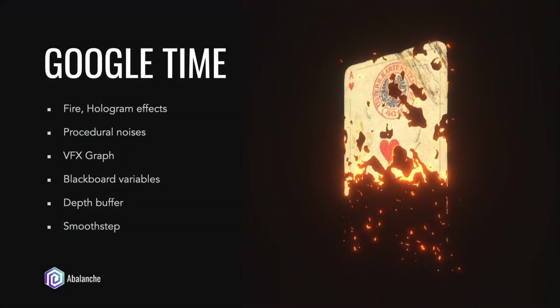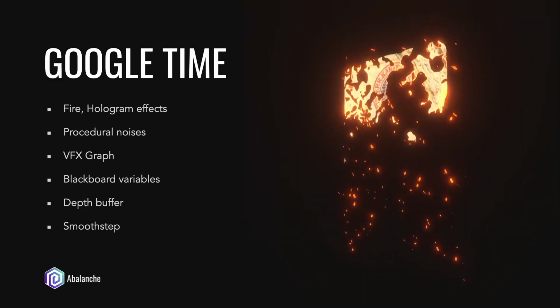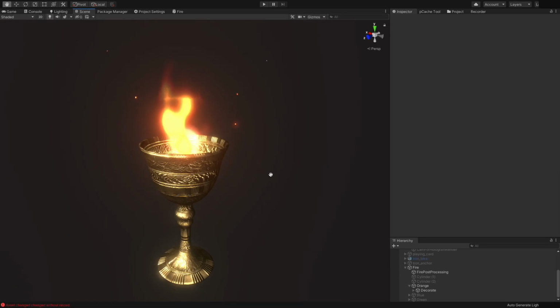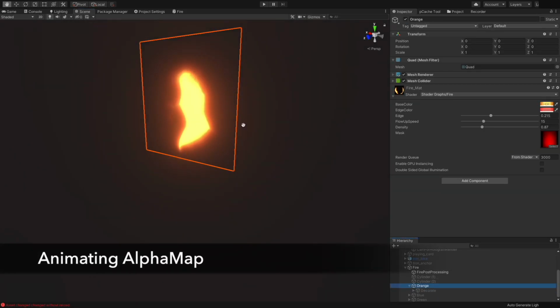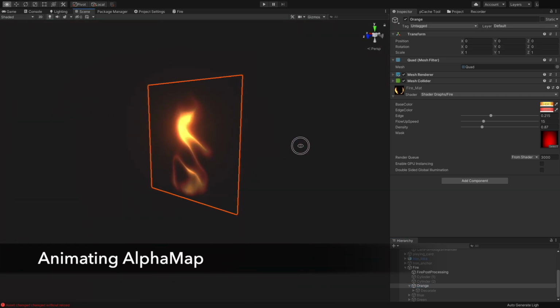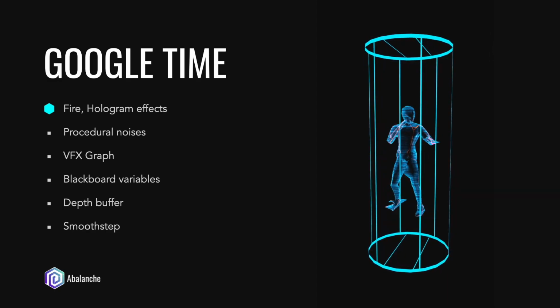In this video, I talk about the alpha and the alpha clip threshold properties. By animating the alpha clip threshold over time, we can make the dissolving effect. What if we keep the alpha clip threshold while animating the alpha map? The fire effect and the hologram effect can be achieved with this technique. Use your imagination to create your own effects with these new friends.